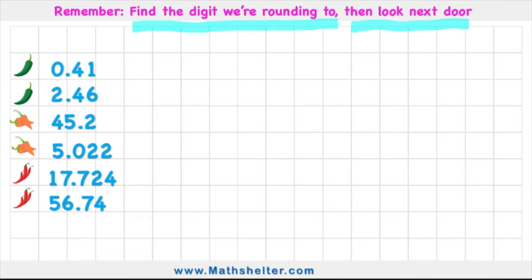And the trick is today we're not going to get confused with the digits that are not relevant to us. So let's start with this first green chili example, and I'm rounding to the nearest whole number, and in this case my whole number at the moment is 0, and then all I'm going to do is look next door where I can see this 4 and use the 4 to help me understand if I'm going to be rounding down to the 0 or up to a 1,